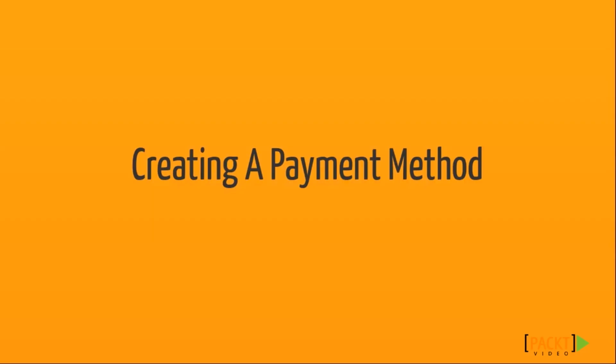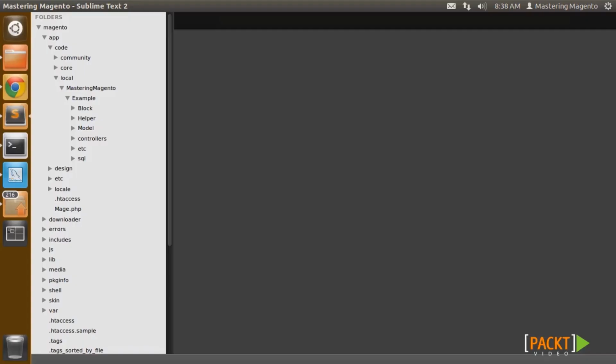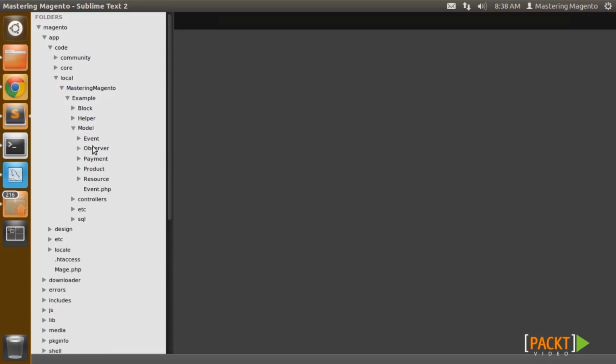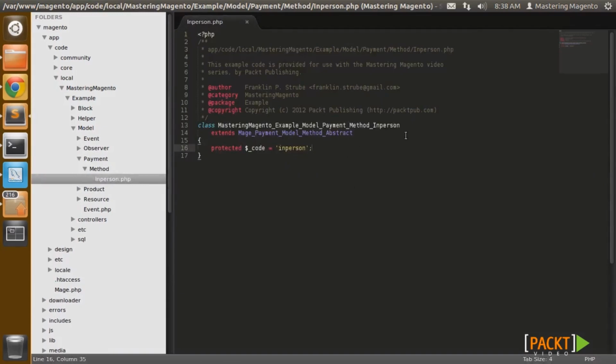In this video, I'm going to show you how you can create your own custom payment method to further customize the checkout process. So creating a custom payment method is actually quite simple. We start out by adding a payment method model in our module. In our example, we're going to be creating an in-person payment method so that people can pay for our events